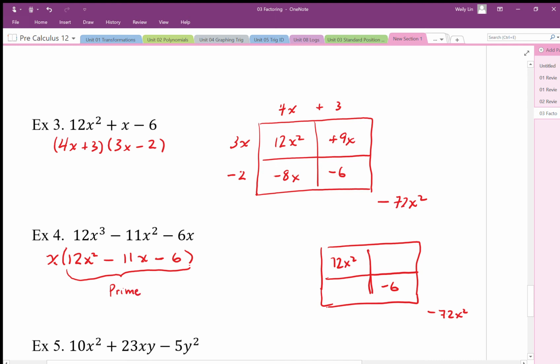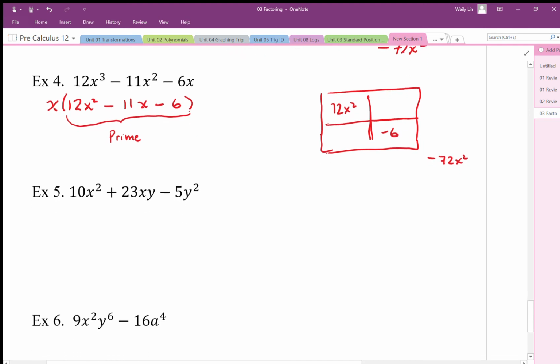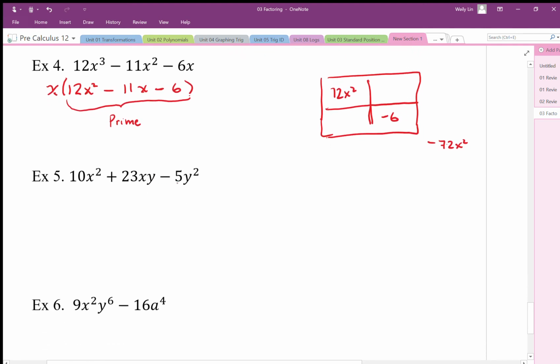Okay, so that's our answer right there. That's the factored form of that particular quadratic. For this one here, we have an xy in the middle. Well, that is consistent with a quadratic, because if I